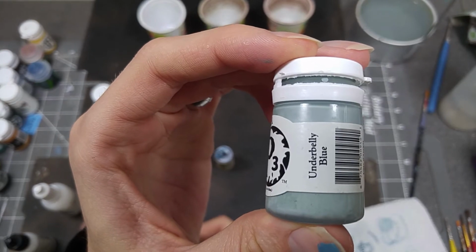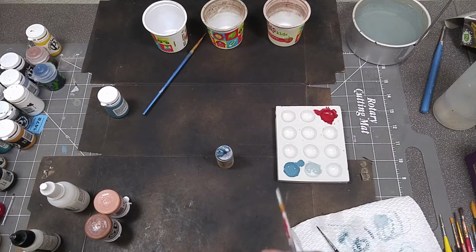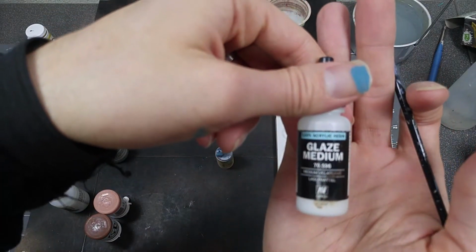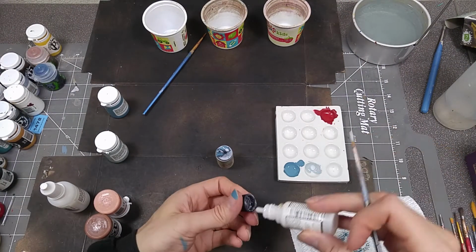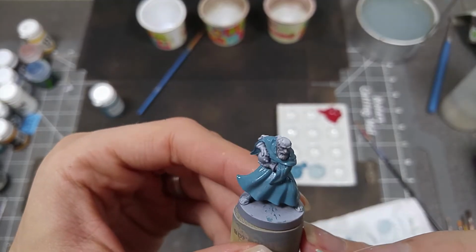Next I'll be using P3 Underbelly Blue, and I'm going to be mixing this with a bit of Glaze medium as well. And I am going to paint this on the raised areas of the robe. Now, some of the